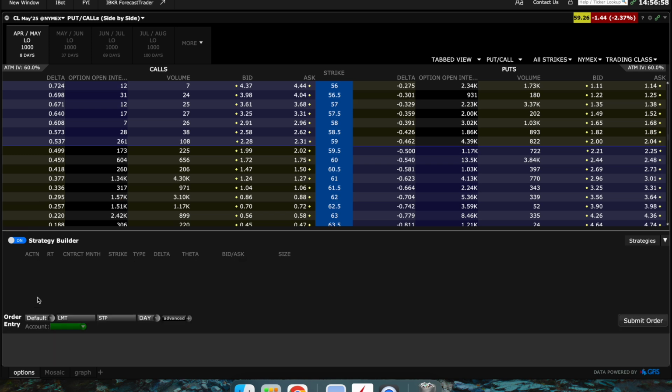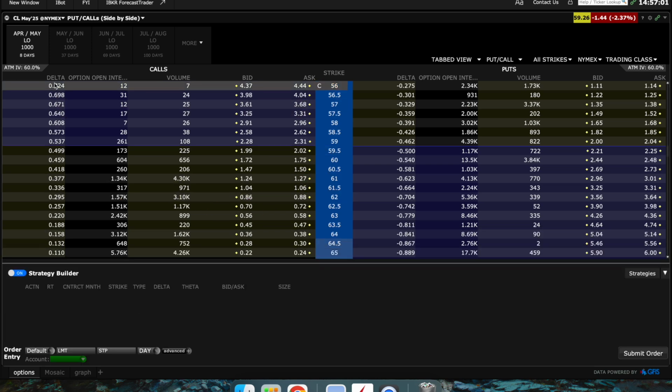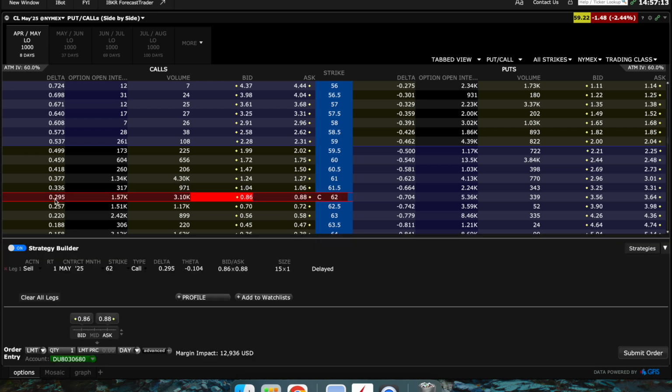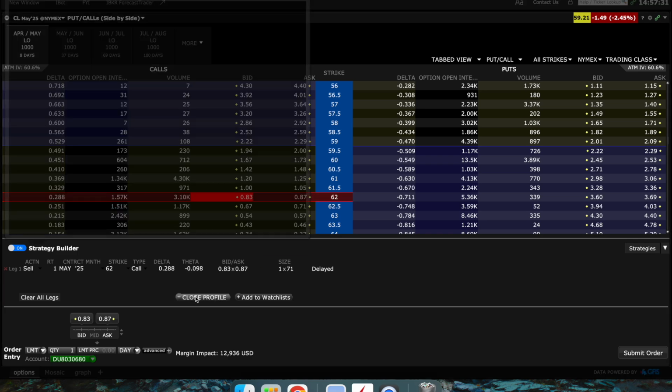We have the delta right over here. This is the delta column for the call side, and this is for the put side. So let's sell a strangle, or let's sell the call 62. We have a delta of 29.5. So basically what it tells you is your probability of profit when you sell the option will be 1 minus that, which is about 70.5%. So you have a 70.5% chance to profit on this position,